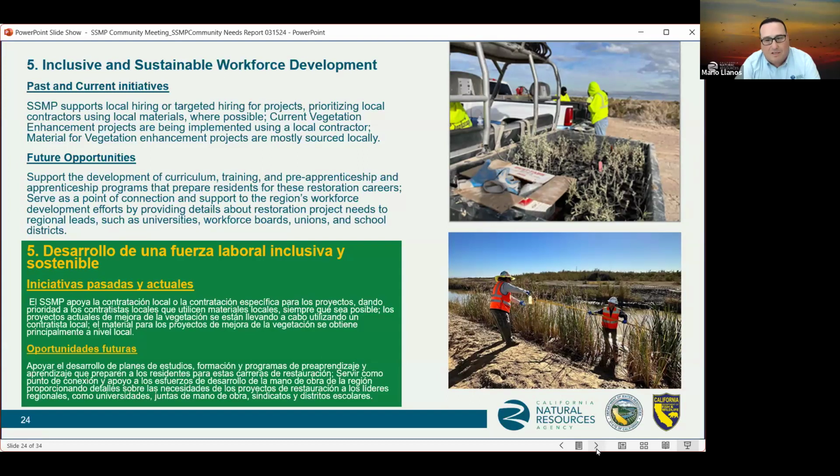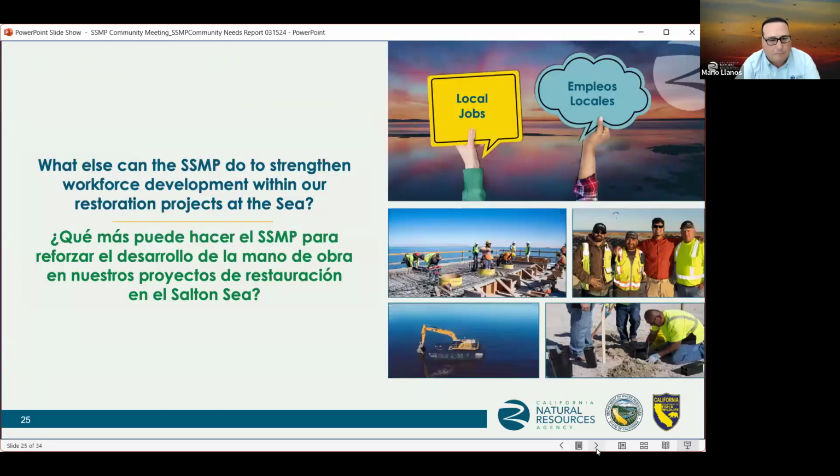This would include increased coordination and possibly tours with local K-12 schools and college STEM and MESA programs to educate on the types of professions within our program and its restoration efforts, not to mention maintenance and operations, continuing maintenance and operations. Next slide. So what else can the SSMP do to strengthen workforce development within our restoration projects at the sea? Next slide.